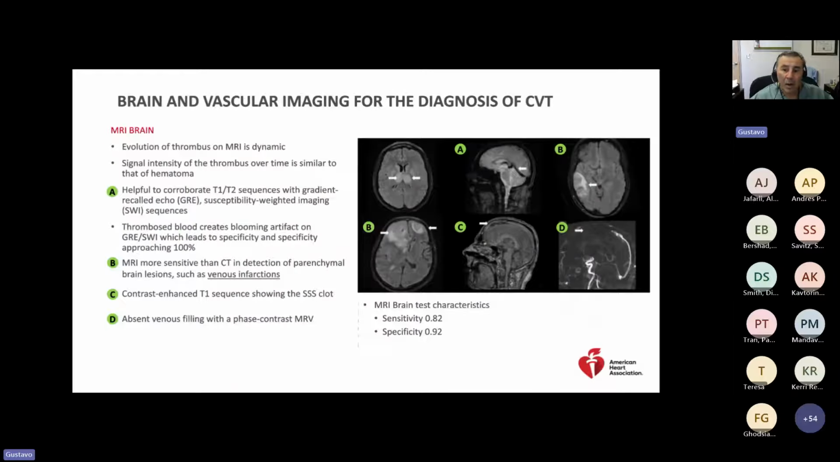So moving on to the MRI of the brain. The MRI of the brain also relies on the transformation of the signal with the evolution of the hematoma. This is very important because it may not be that straightforward. What I'm showing you today is relatively easy to appreciate, but it's not always that easy when you are not very familiar with brain imaging. The first one is essentially when you do a gradient echo or susceptibility images